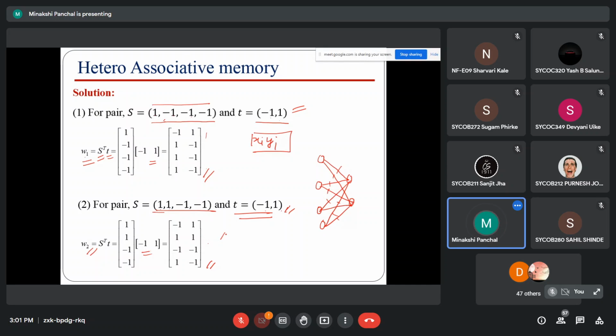Is there any mistake? मैम मेरा तो वही आ रहा है मैम, क्योंकि वो तो वेट मैट्रिक्स भर रहा है ना मैम, वो -1 1 -1 1 1 -1 और 1 -1 ऐसा बन रहा है मैम, एस ट्रांसपोज इनटू टी करके।